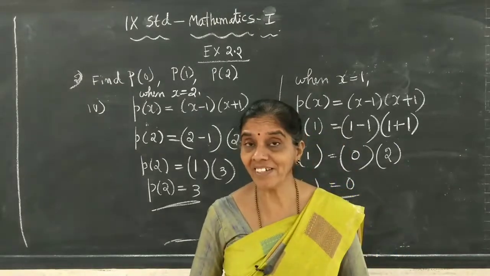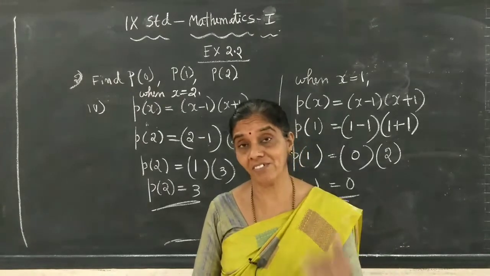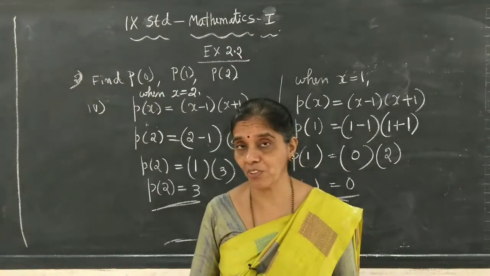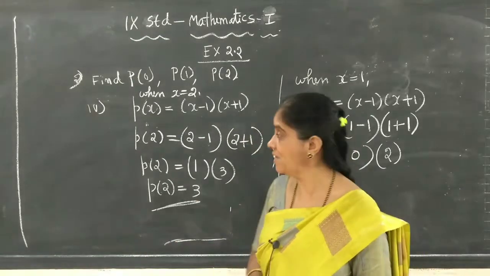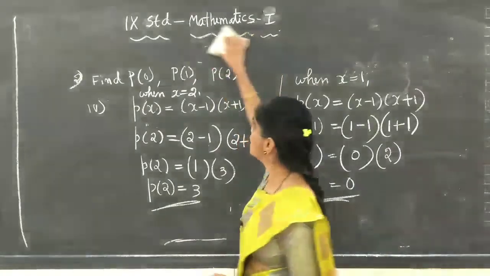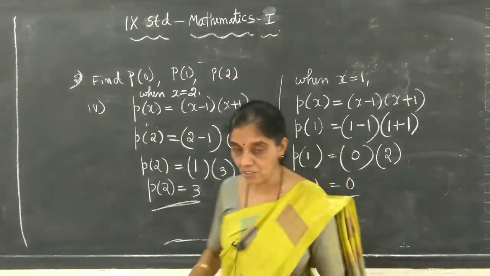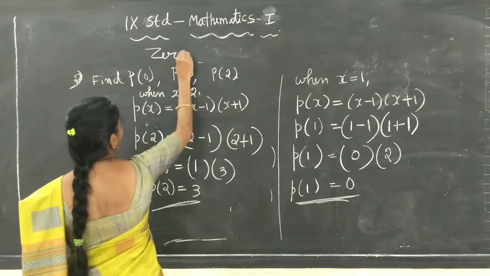Now the main thing is we are learning about zeros of the polynomial. That meaning we should know. Okay, so if you know this much, it is very easy to understand the actual chapter that you are going to learn. Yesterday I wrote it, right? So that we will learn today. It is the zeros of the polynomial.